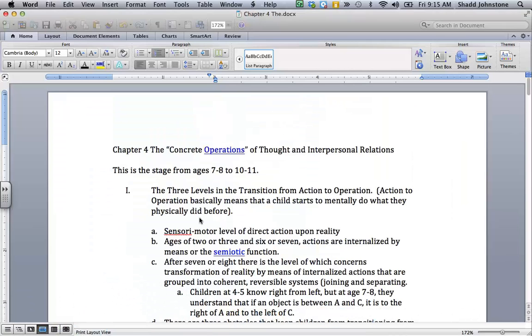I did chapter 4, the concrete operations. This was a very challenging chapter for me, I think, because I didn't know a lot of the vocabulary, and I had to actually treat it like it was a foreign language because I'm a German and Spanish teacher. I had to look up several